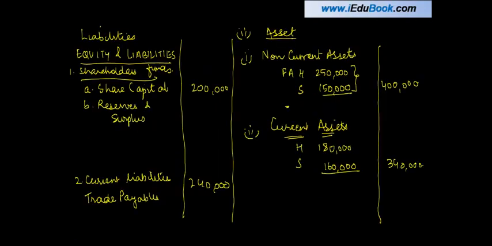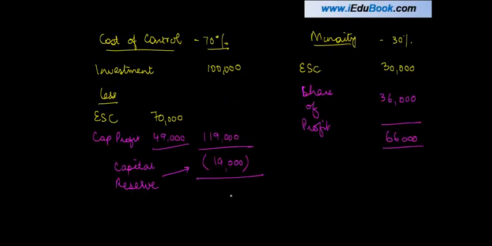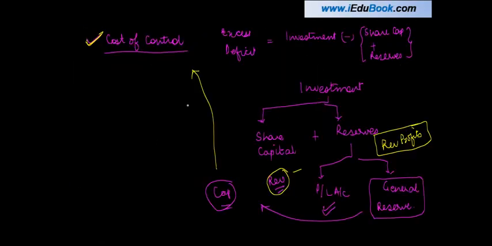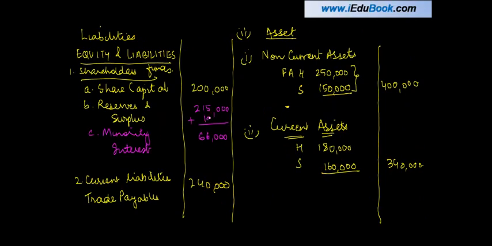I'll put these in the balance sheet. So reserves and surplus is 215. What is my minority interest? That will show here. Minority interest. What was the number? 66,000. Actually, the capital reserve balance you can also just add here. I actually missed this out. So 19,000 has to be shown and added to the reserves and surplus here only.